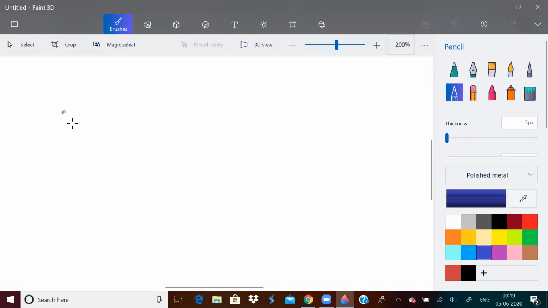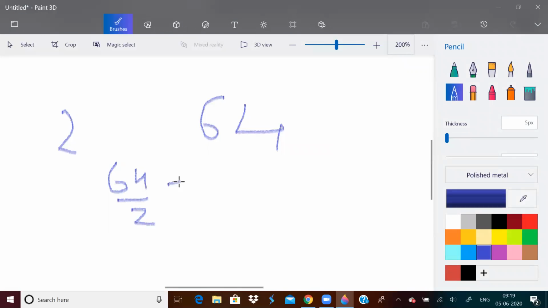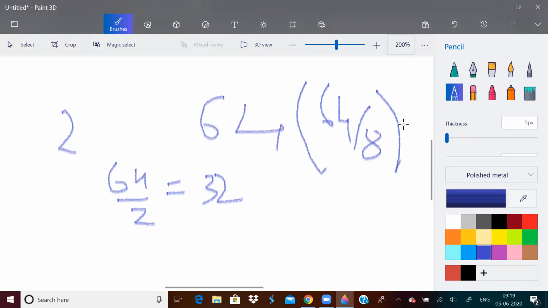If I have a number 2 and I have a number, say 64, see 64 by 2 is 32, which means 64 by 8 is greater than 2.